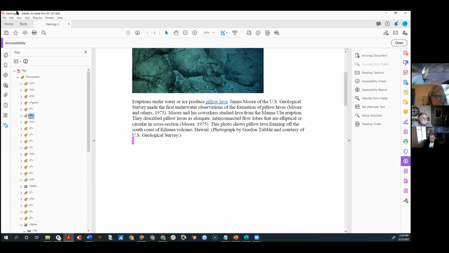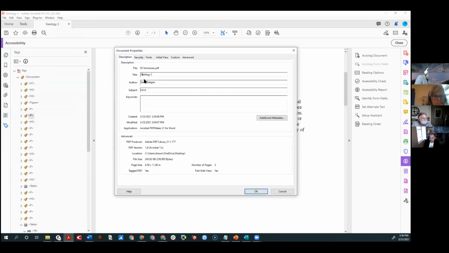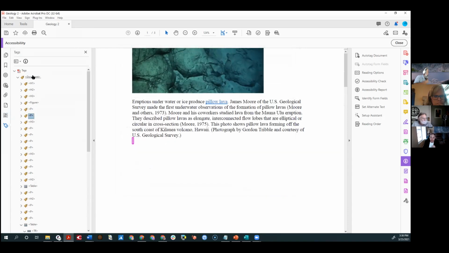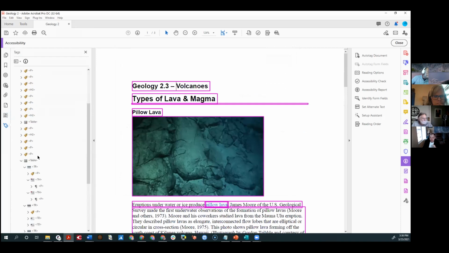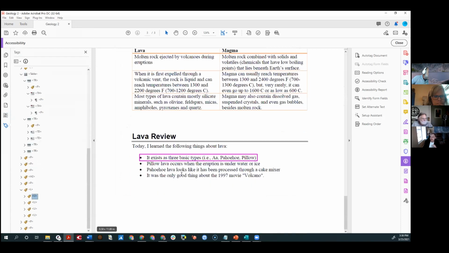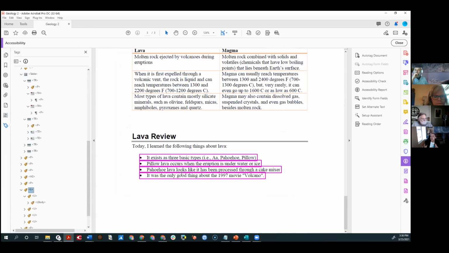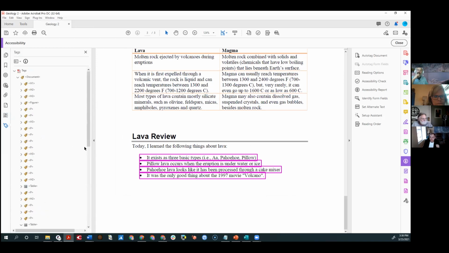And some of that includes adding proper metadata, which are things like the title, author, subject, and keywords. There are certain tricks like the document tag. And then honestly, like our list elements, if these were P tags, for example, it probably wouldn't flag it as an error. So it's one of those things where the accessibility checker picks up most of the items, but not all of it. So just for fun, I'm going to take a not so good document